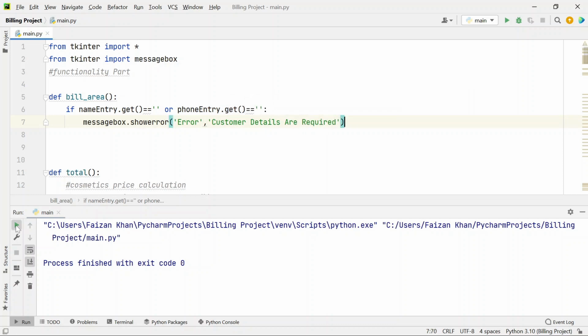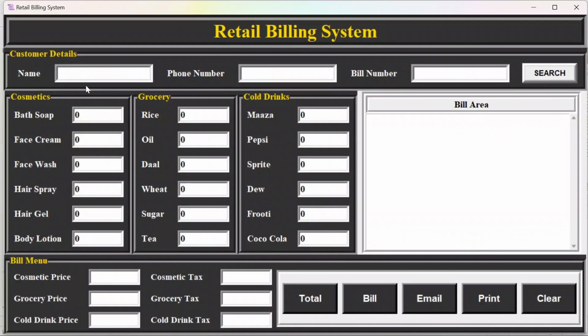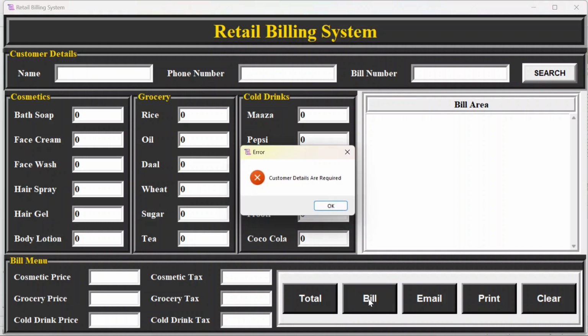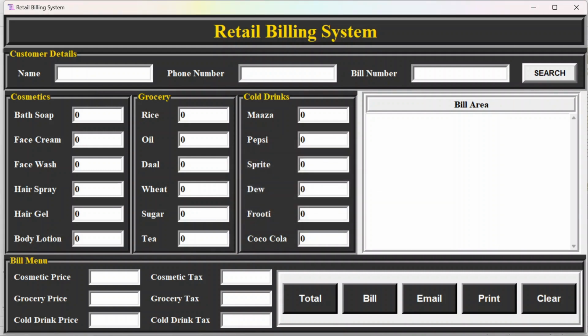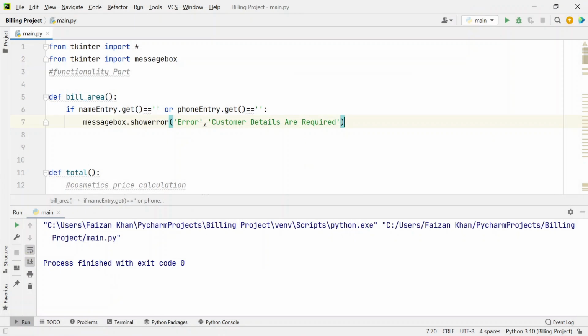So now if I run it and I'm not entering any name and phone number and directly clicking on this bill button, you can see I'm getting the message box that customer details are required, and here is the title. Okay, and once you enter the name and the phone number, this time you will not see that message box because this condition is not getting true. Okay,